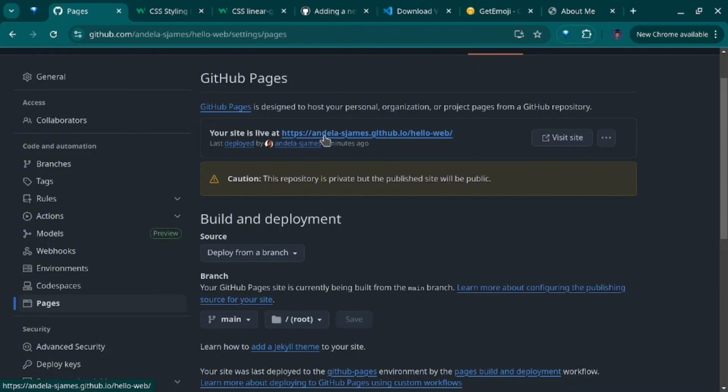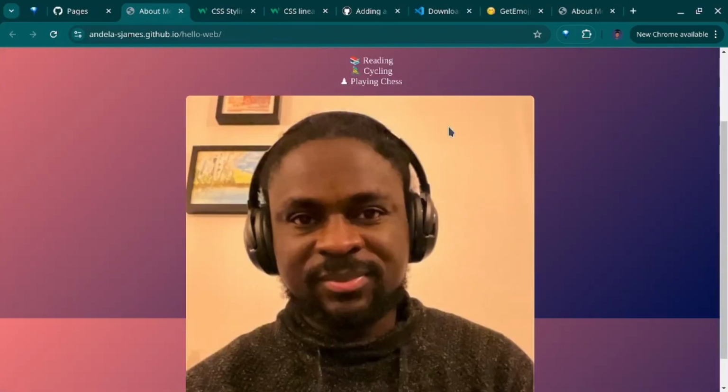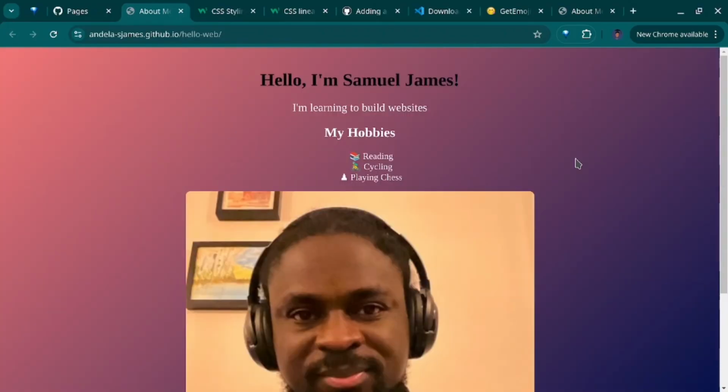Your site is live at this HTTPS address. This is my Git repository username, github.io, hello web. So let's visit the website, and here it is. So this is live. We just deployed our website to GitHub. It's simple, no? So that's it. We've successfully